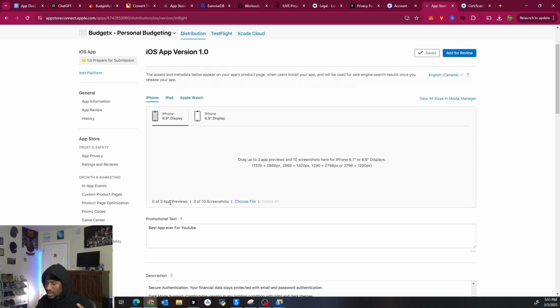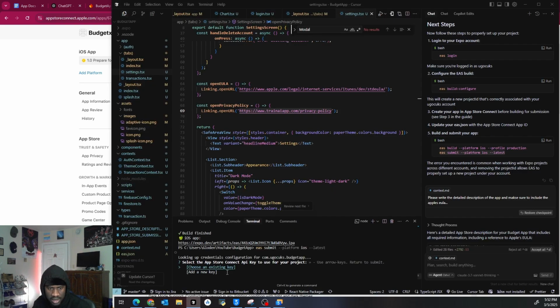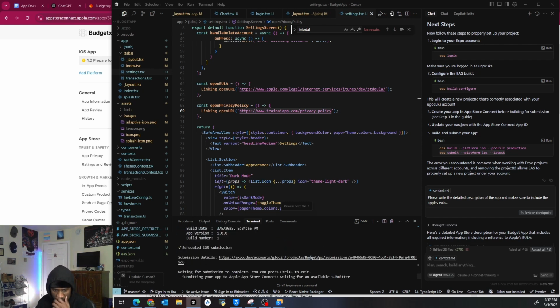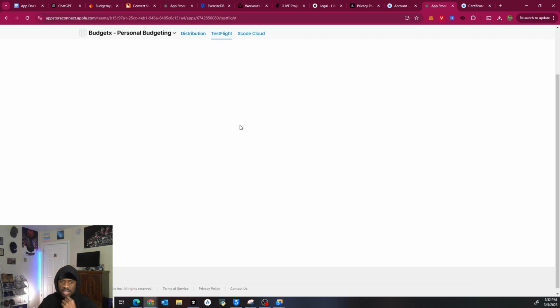It's just to show you guys how to do this. That's it. So right now it's being submitted. Choose an existing key. It says select the App Store Connect API key to use for your project. Sure. So it is going to submit the app. If this works, it should be